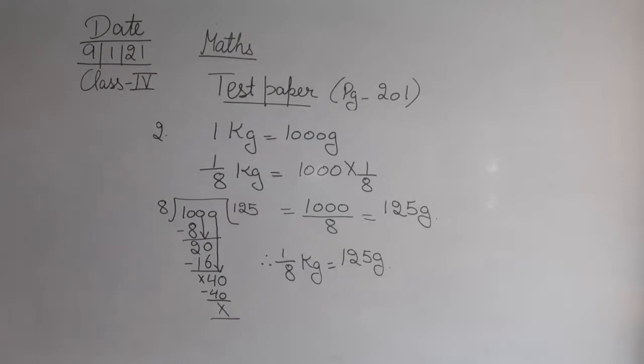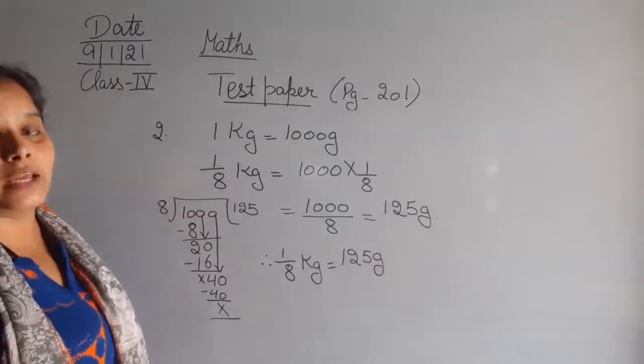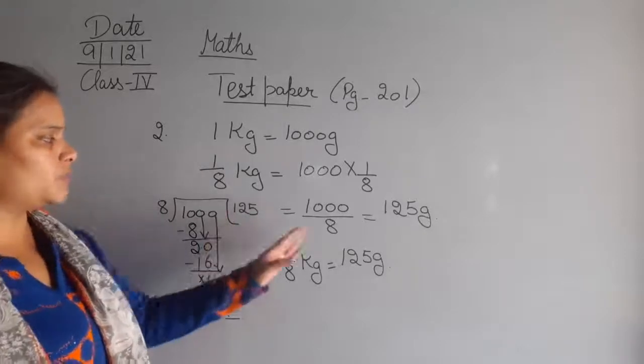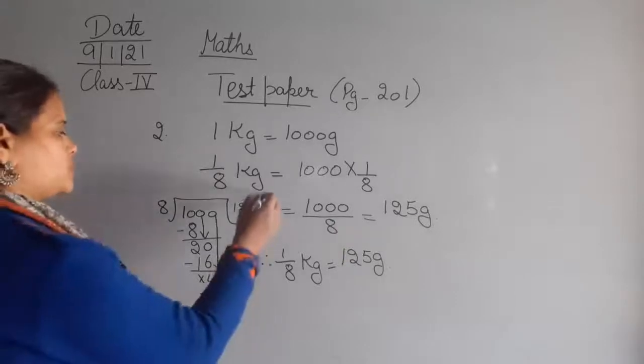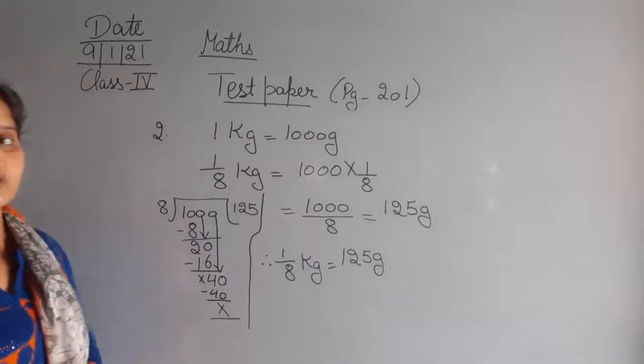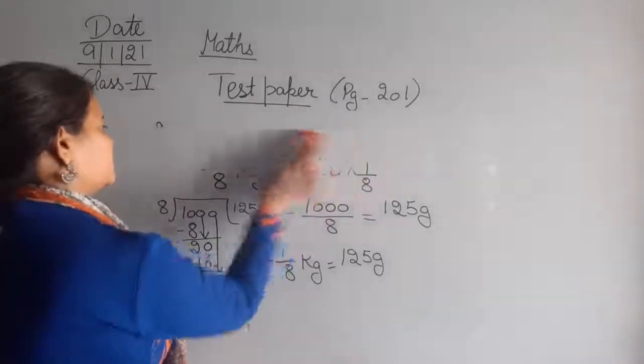So देखिए 1 kg is equal to 1000 grams. 1 upon 8 kg हमें कैलकुलेट करना है. So 1 kg is equal to 1000 grams was given, and we have to calculate what will be the 1 upon 8 kg when we convert it to grams. So 1 upon 8 kg is equal to 1000 multiplied by 1 upon 8. Okay, and after doing the proper calculation, we got the answer, that is 125 grams. Okay, so this is the different division that I have done, and you must do in your notebook whenever you will write these questions in your book. Clear? चलिए, so now moving next to the third question.